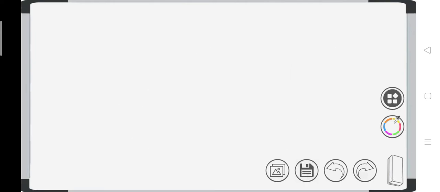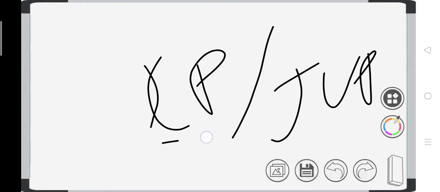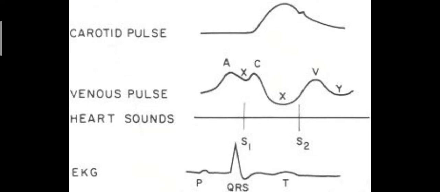So the next thing is, how will you recognize carotid pulse from jugular venous pulse? Very important things. For that I will just go through this diagram. Venous pulse ACXVY, and ECG is below and above is carotid pulse. You can see here carotid pulse and X descent usually match. So if you palpate the carotid of the left side while examining the right side JVP, you will come to know easily which one is carotid and which one is JVP.